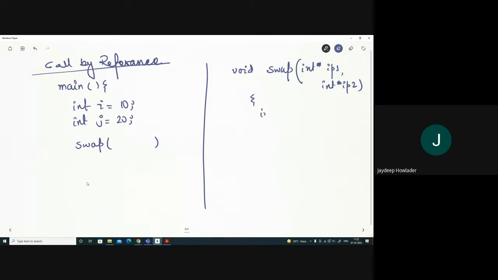There is an integer temp. So temp is initialized by *ip1, then *ip1 is *ip2, and